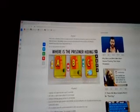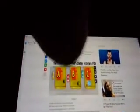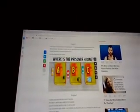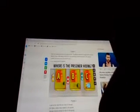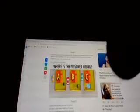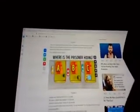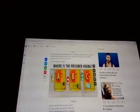So now, did you get the answer? I hope you did. But if you didn't, here's the answer. The answer is number A. Number A is the prisoner who escaped. Number A. Because number B and number C